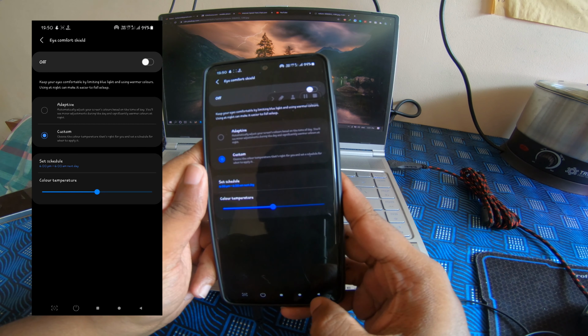Another update is that now if you go to gallery, so this is a photo. Now in every photo you take, there is location which is getting stored in the photos. Now when you press tap to share, there is one option to remove location data so that no one can trace that.